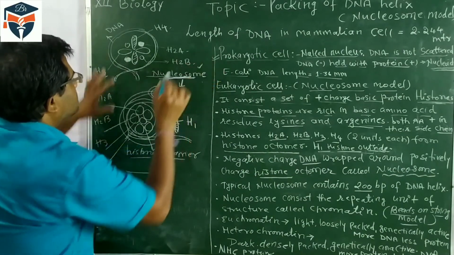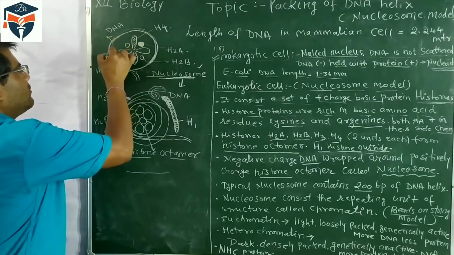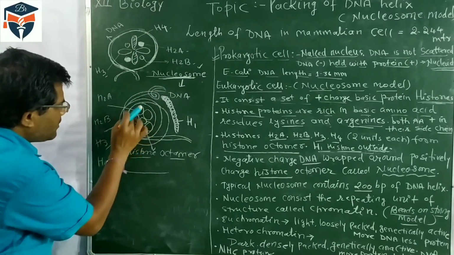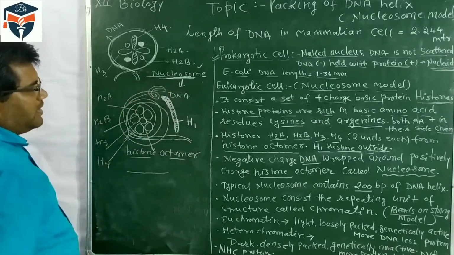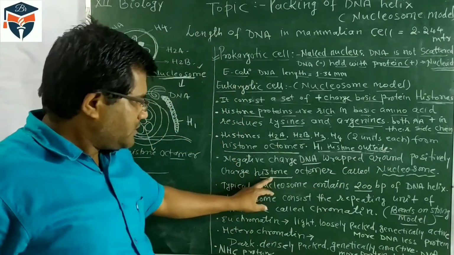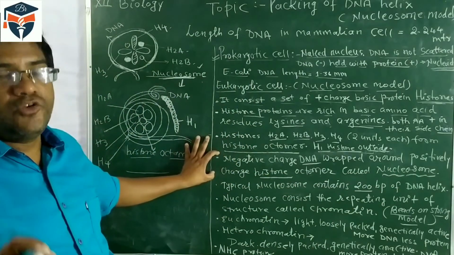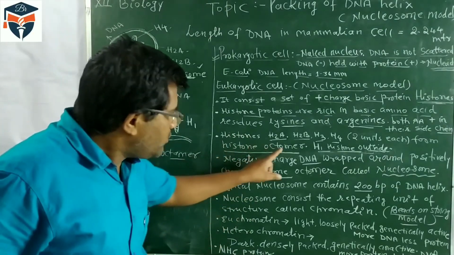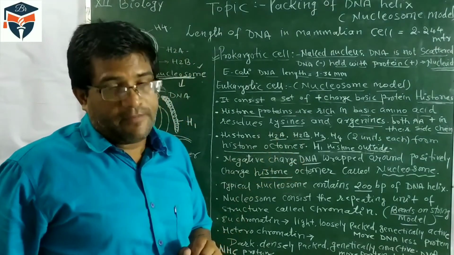So this is also the structure of a nucleosome, because here is the DNA molecule, and this DNA molecule is wrapping the octamer unit, or histone octamer, wrapped by the DNA. So negatively charged DNA is wrapped around the positively charged histone octamer, and this is called a nucleosome. Many times the question is: what is a nucleosome? A nucleosome is a structure in which the histone octamer is wrapped or covered with the DNA molecule.